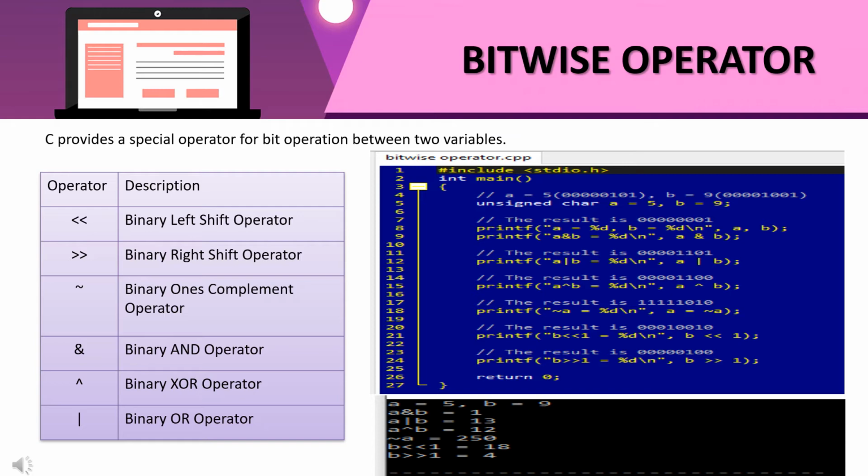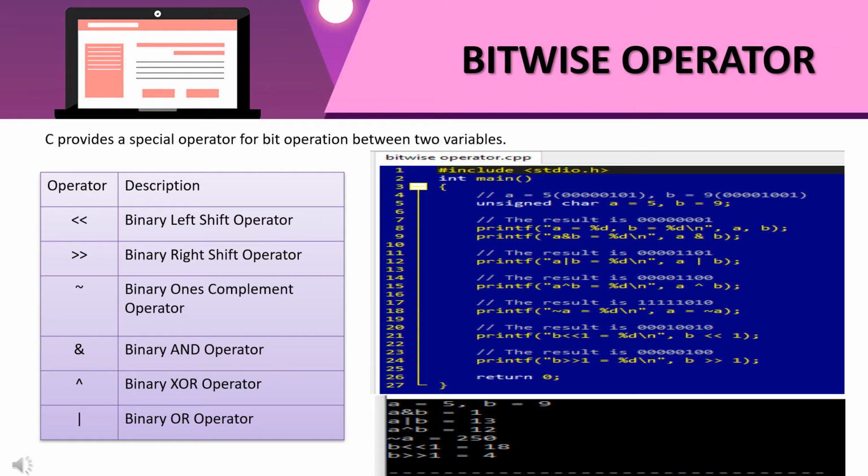Now, in this program, you can see that I have declared an unsigned character variable, that is a, and assigned value 5 in this a, and another character variable is b and assigned a value 9. Now I'm going to print that doing the binary AND operator.